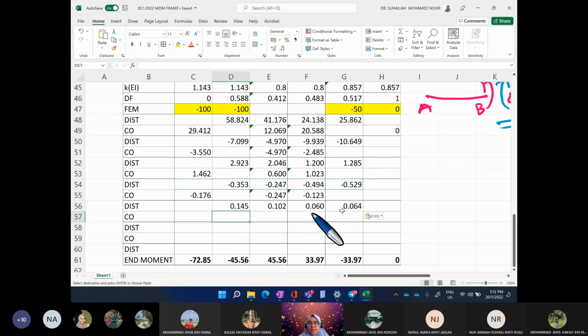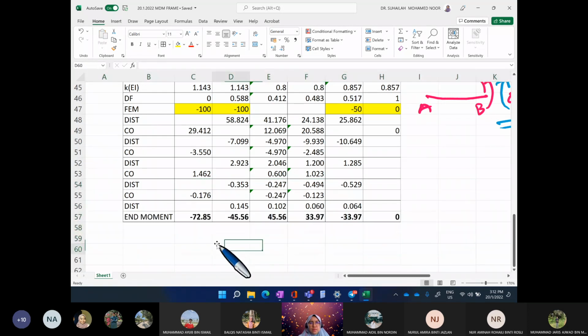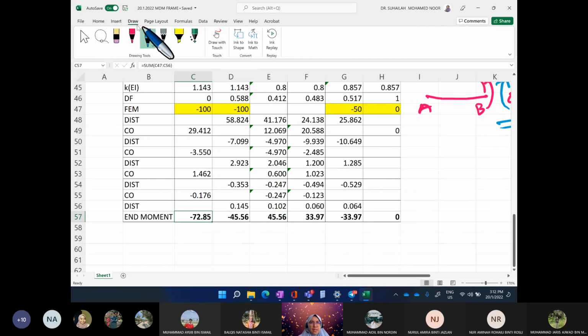So we can stop whenever we reach 0.0 something, like this. So I want to stop at this distribution. So this is the total moment that we get from table number 2, which is side sway frame. So we get a negative 45 and 45, representing MB is equal to 0, which is rigid joint, and 33.97 and negative 33.97, total is 0, representing rigid joint at C. So here is 0 because of pin support, and there is a moment at A, which is equal to negative